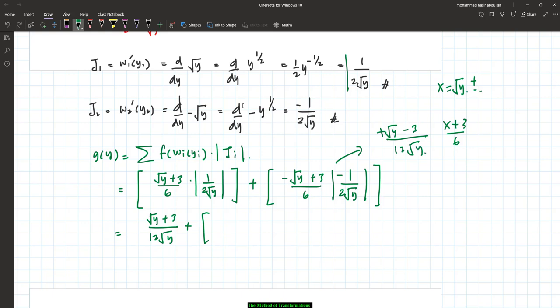So this one square root of y plus minus 3 divided by 12 square root of y, right? 12 square root of y tu dia sama kan. So this is 12 square root of y, and dekat atas ni